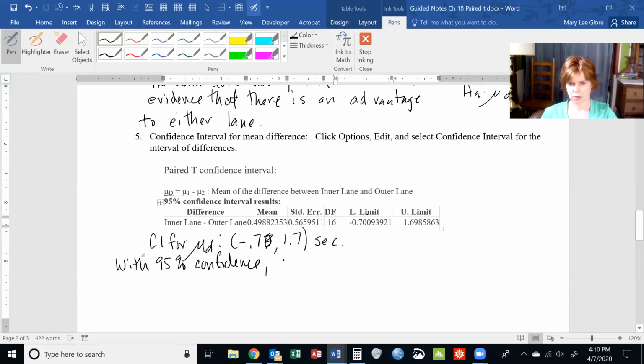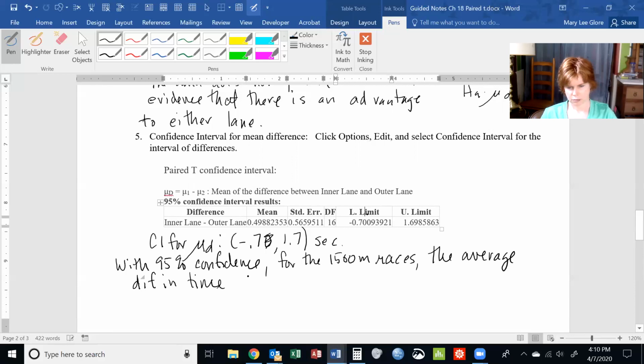The population is all the 1,500 meter races, all of them, not just the ones that we saw, not the 17. The average difference in time is between,